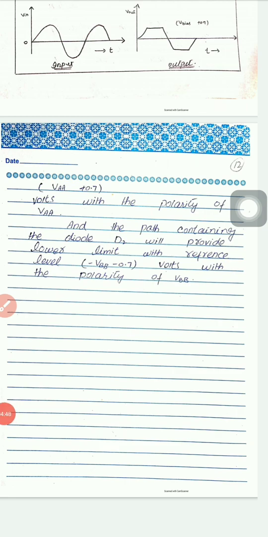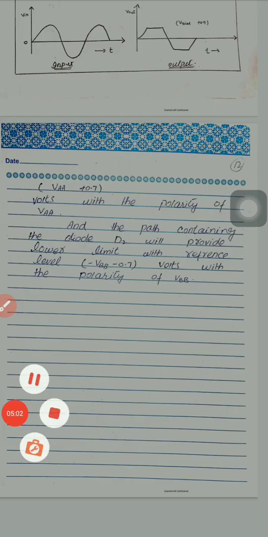At the end, you must write precautions. Precautions are the part of experimental work. After precautions, you will start to write related theory. The topics of related theory I have told you